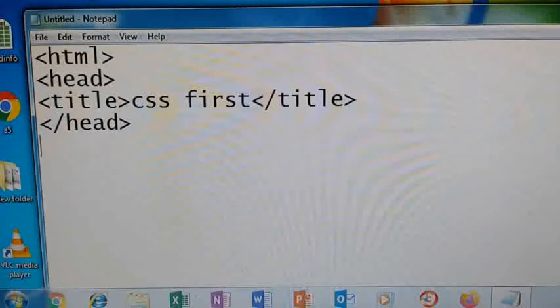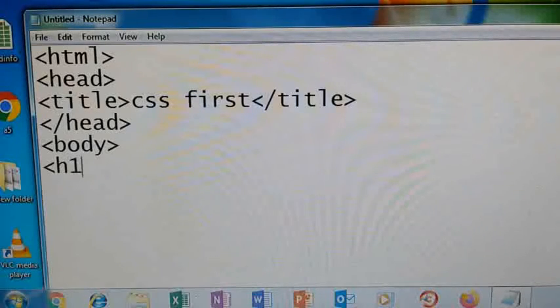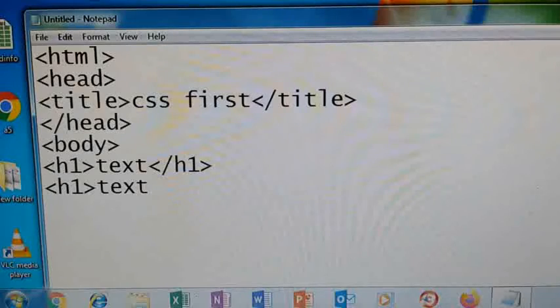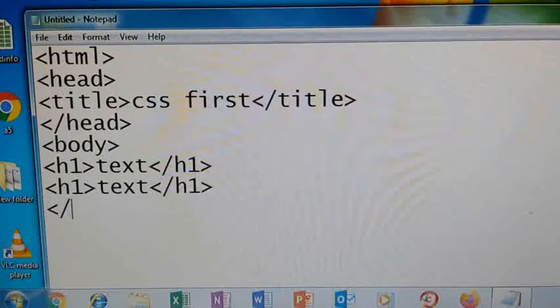Next here body. Without CSS I am explaining first, and then with CSS I will explain the advantages. So here first I will give h1 text 1. Just observe the things.